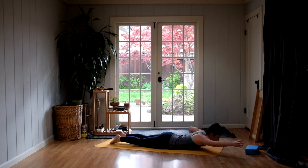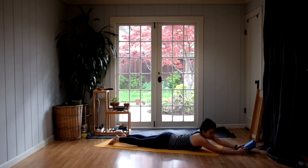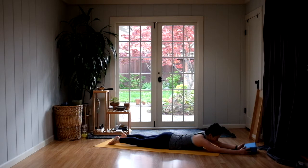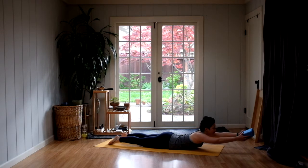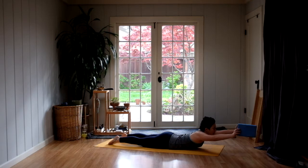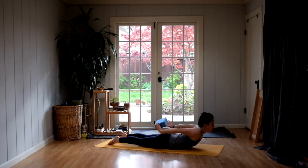Reaching the arms out in front of you, finding the block at the front of the mat. If you don't have a block, just pretend. From here. Inhale, lifting the chest, lifting the block off the mat, hovering. And then taking the block in the left hand, passing it behind you for one, two,